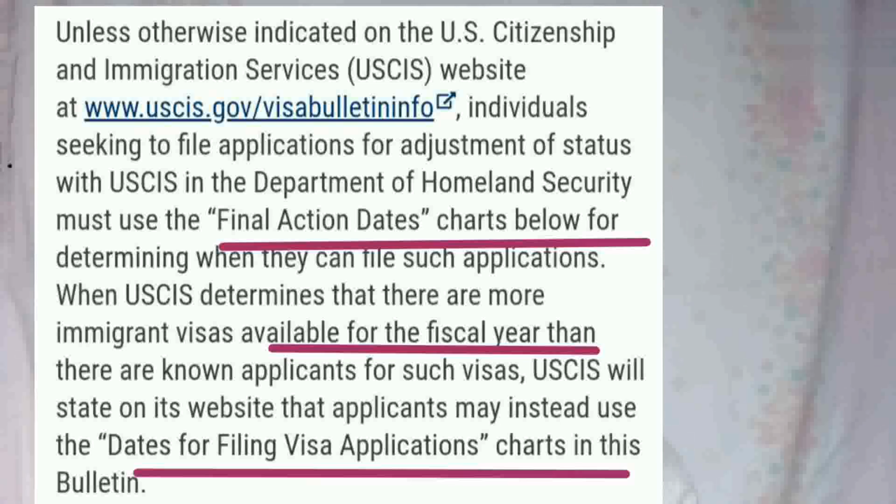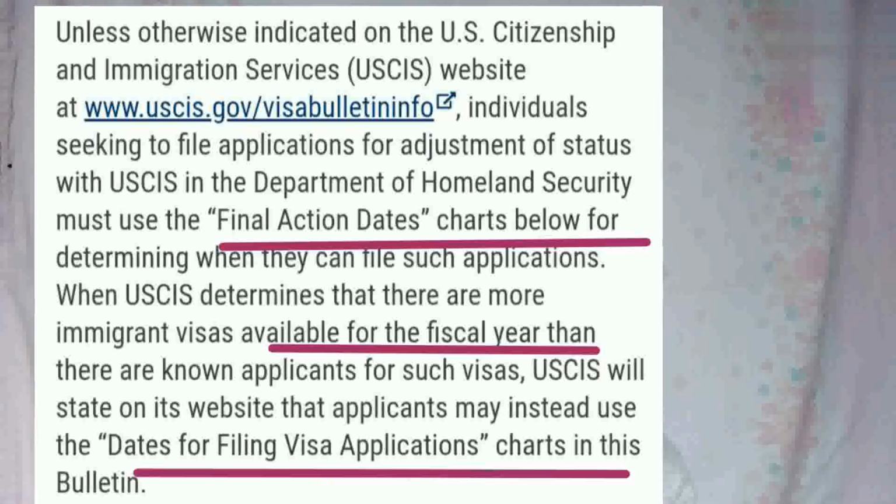Individuals seeking to file applications for adjustment of status with USCIS in the Department of Homeland Security must use the final action dates charts below for determining when they can file such applications.